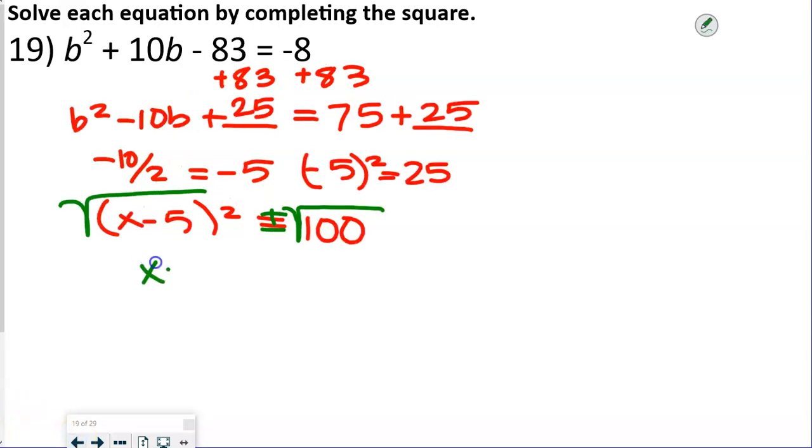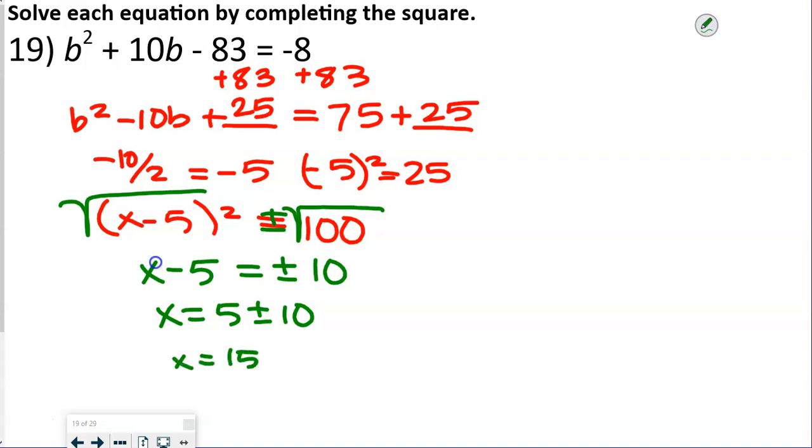So we're going to do x minus 5 equals plus or minus 10. So add 5 to both sides, so x equals 5 plus or minus 10. 5 plus 10 is 15. And 5 minus 10 is, oh, negative 5, sorry. 5 minus 10 is negative 5. All right, so